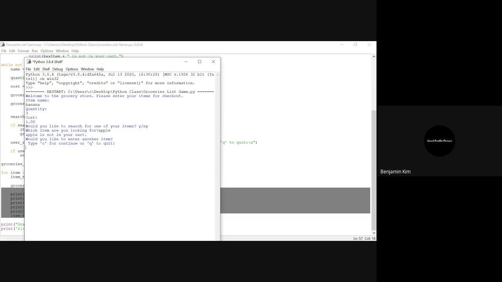Then it asks, would you like to enter another item? If I press continue, it will do the item name all over again. So then I'll type apple, and then 5. Then for each of them it is 50 cents. Then would you like to search for an item? Yes. Which item are you looking for? Apple. And then, oh,